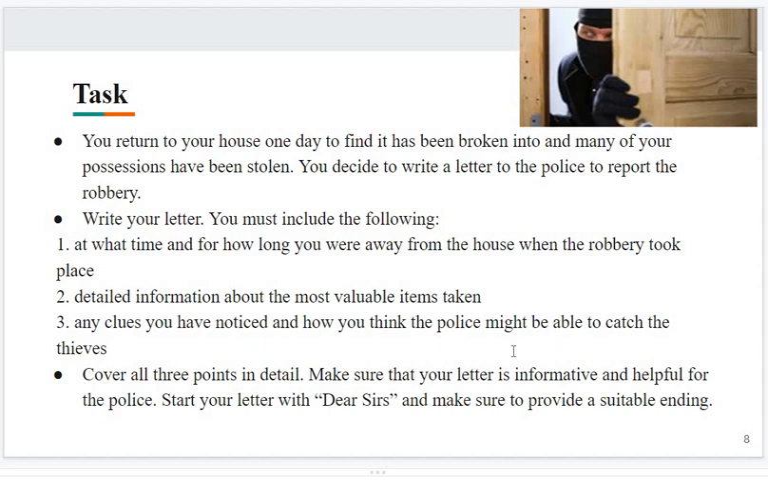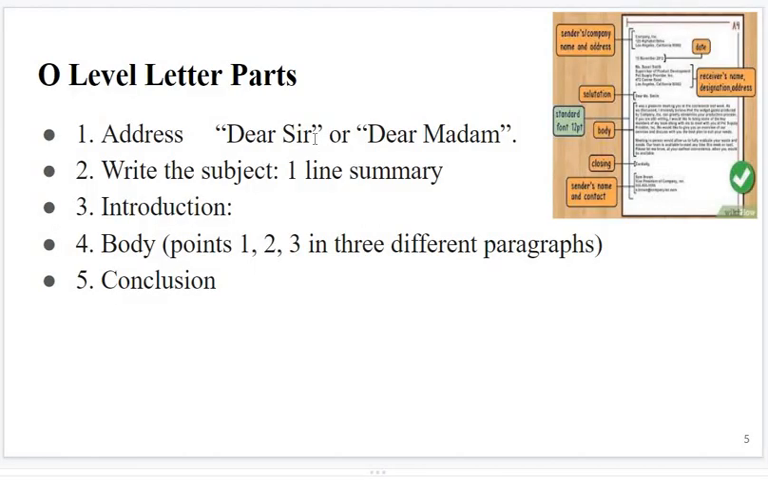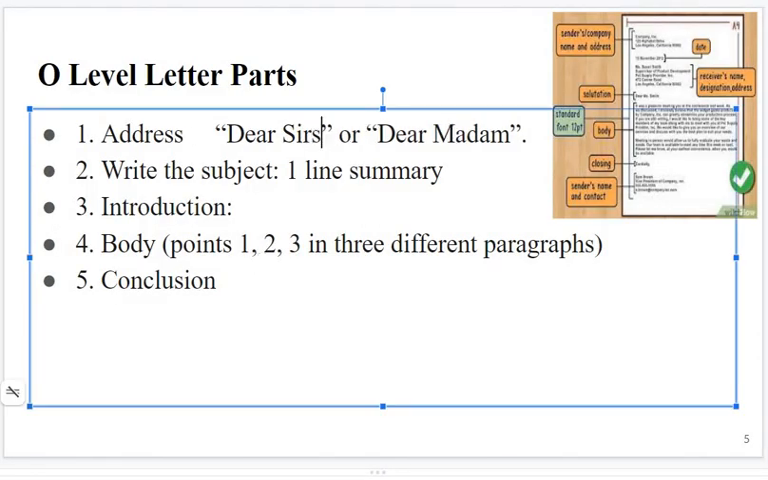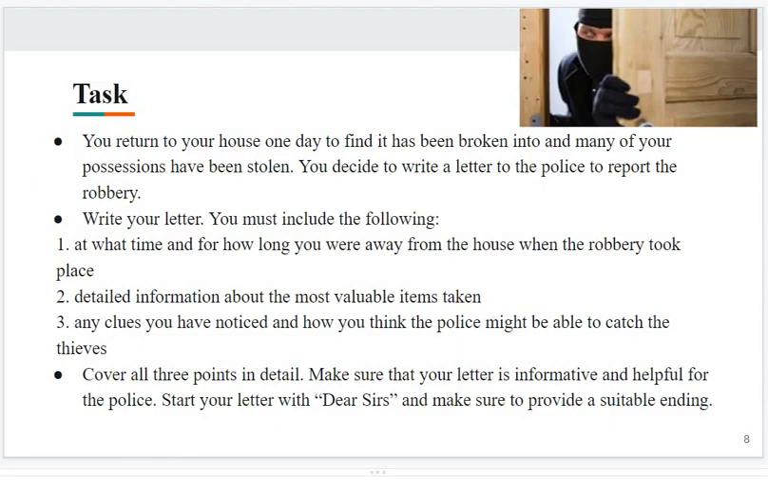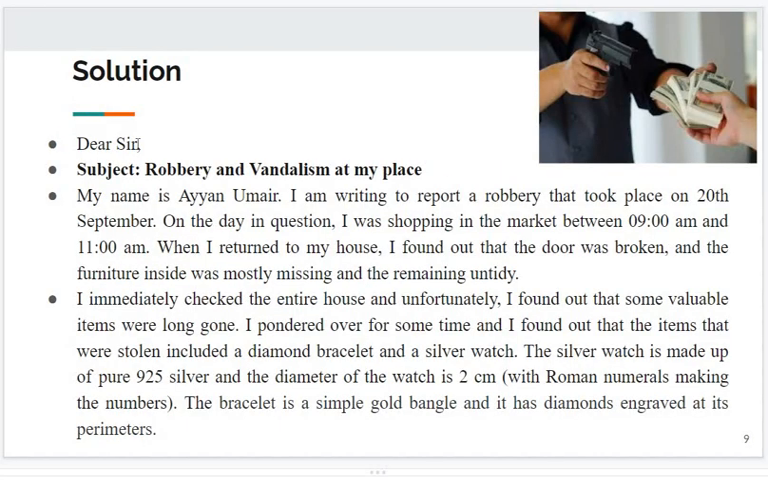Cover all 3 points in detail. These 3 points are very important. Make sure that your letter is informative and helpful for the police. Start your letter with "Dear Sirs" and make sure to provide a suitable ending. This word is "Dear Sirs." Okay. Now we find